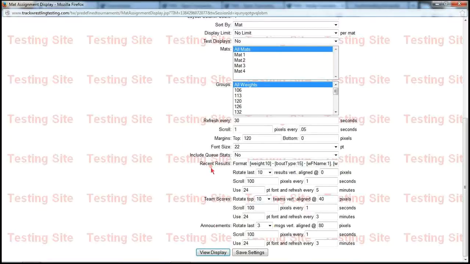Of course, the recent results and team scores, those are coming right from our system. The announcements, you would add those manually, and those are really easy to do too. So if I click this view display,